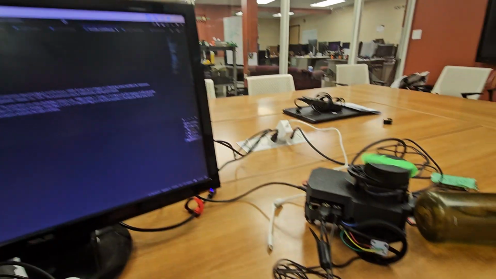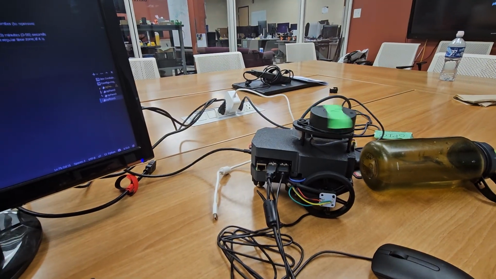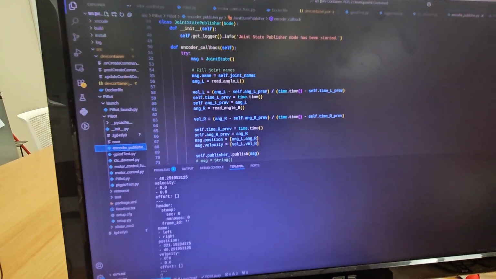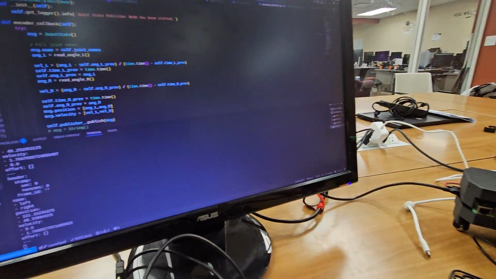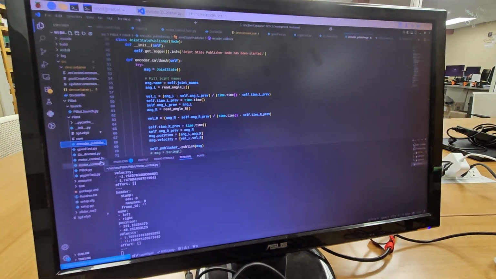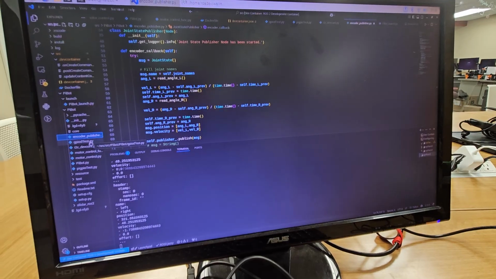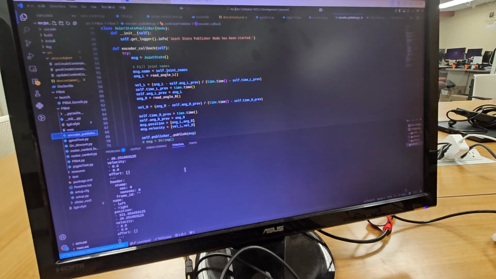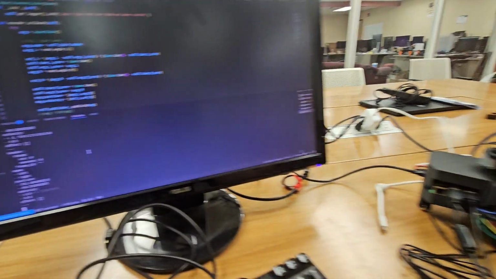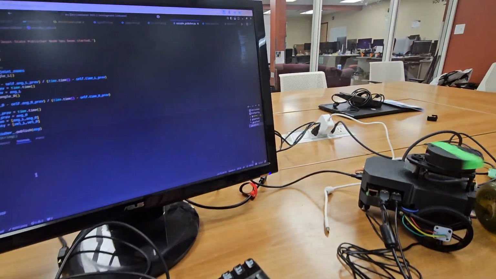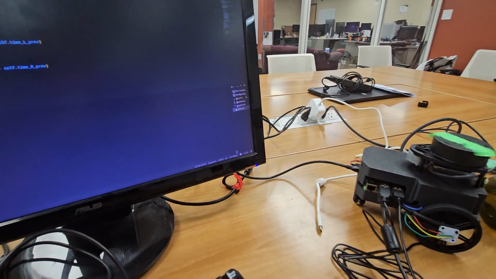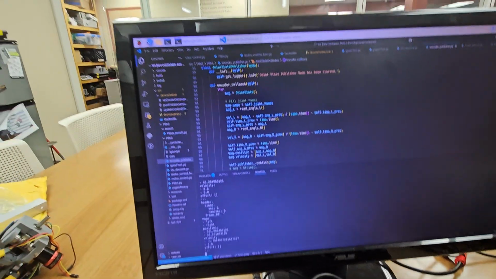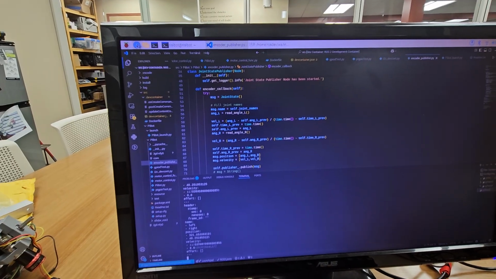If you guys want to try to improve the quality of that encoder data, that'd be a fun project. Add some filtering so you don't have this bouncing around when it's stationary. There's some cool stuff you guys can do right there. So this gives you an introduction to how you can run it and how you can interact with it. Now, if you want to create your own node, I recommend popping into Google here